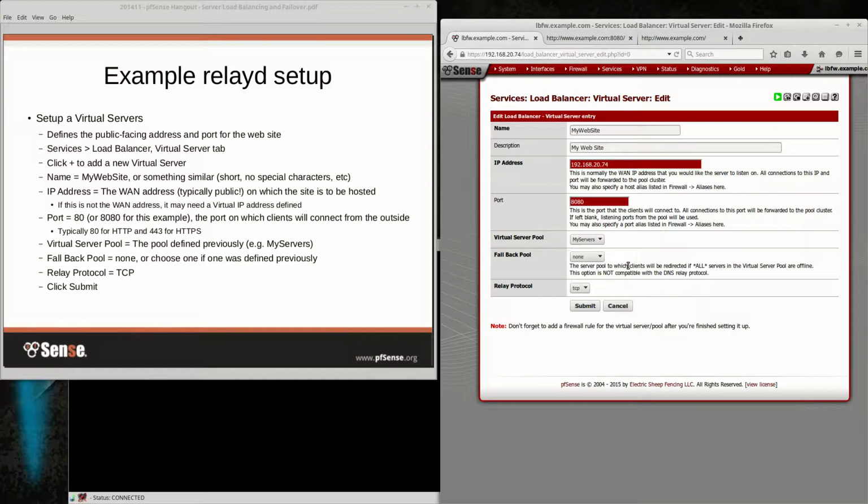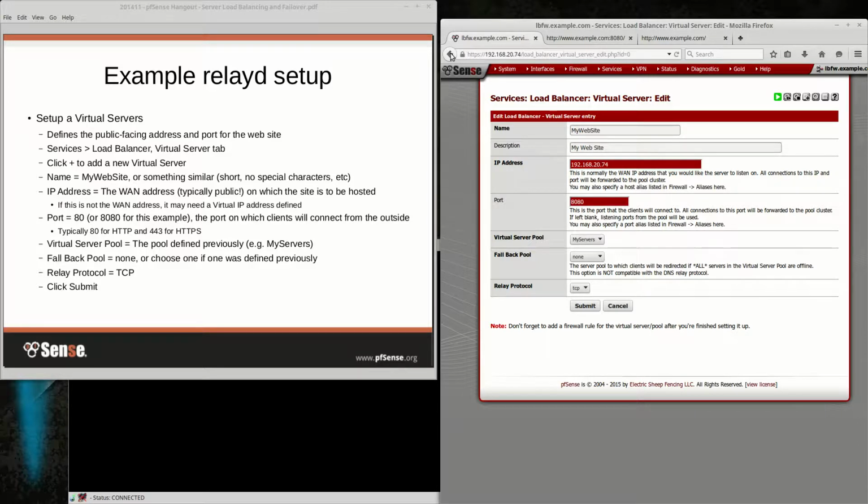It will serve from the fallback pool instead. And relay protocol, leave that on TCP. There is a DNS protocol you can use to load balance DNS servers specifically, but that's a story for another time. Basically, you can load balance DNS with that because it handles it specially, as DNS is a bit of a hybrid between TCP and UDP. It requires special handling.